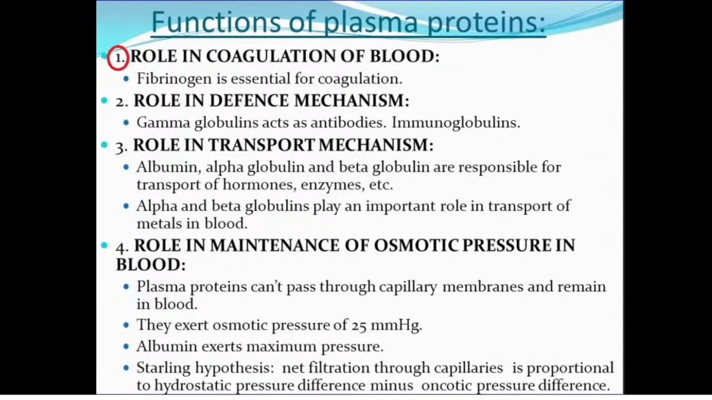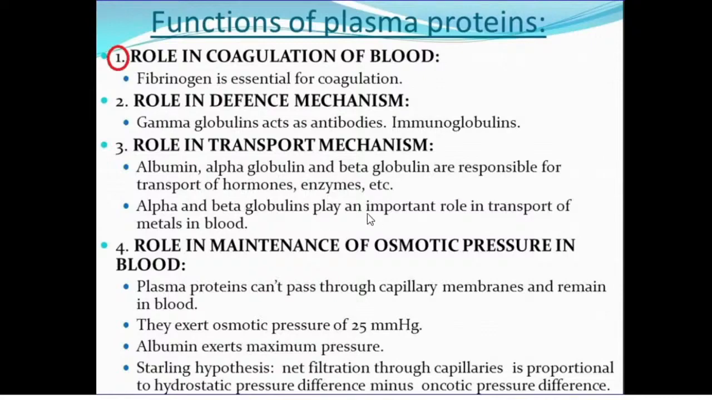They are not cutting antigens themselves. They are showing them to the immune system. About immunoglobulins we will not talk today. We had a lecture. Today more about transport proteins and different antiproteases. Albumin, alpha globulins and beta globulins are responsible for transport of hormones, enzymes,